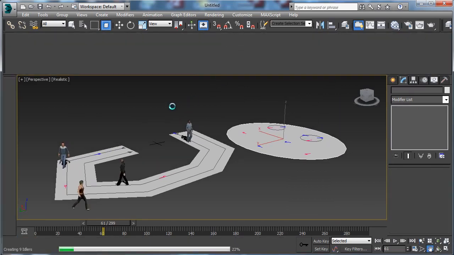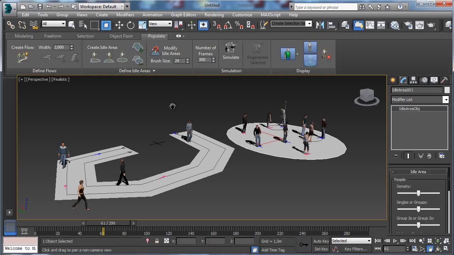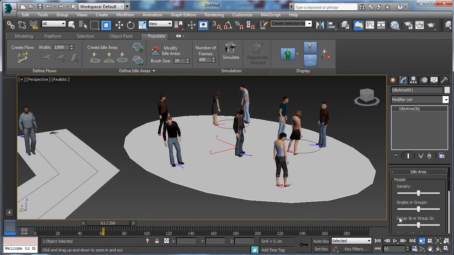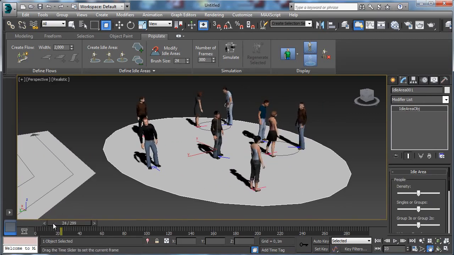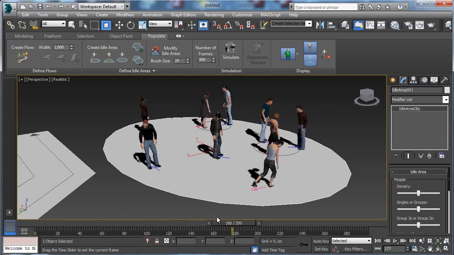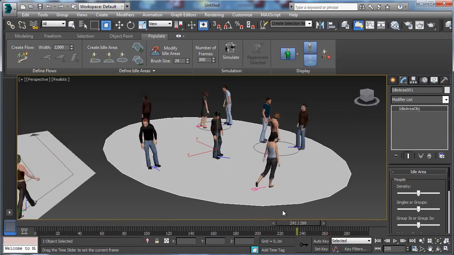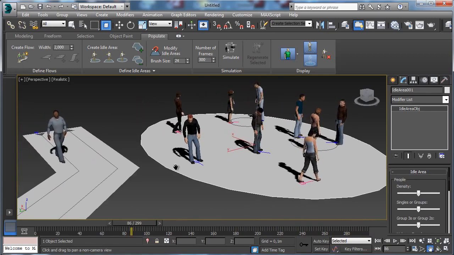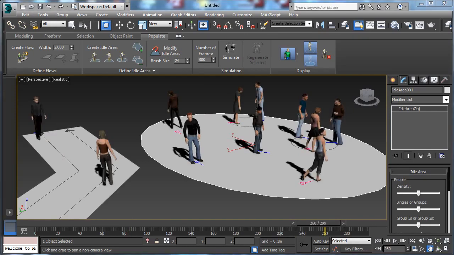Let's simulate the game. And you see that we have some guys and some female there. And that's an idle area. So we have just people standing and doing nothing, or for example talking or moving. So we have people working full character tool, to animate and manipulate characters directly inside the viewport,